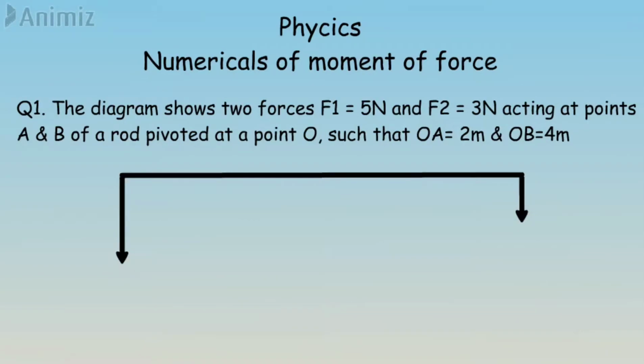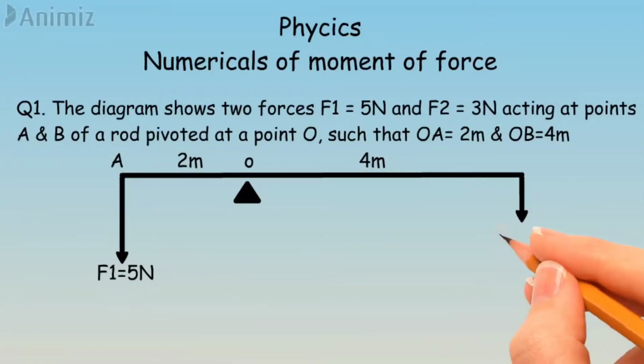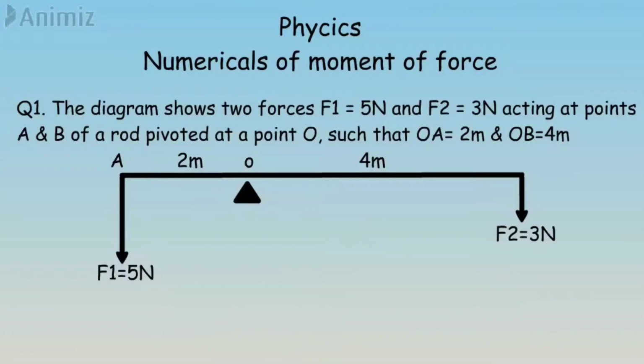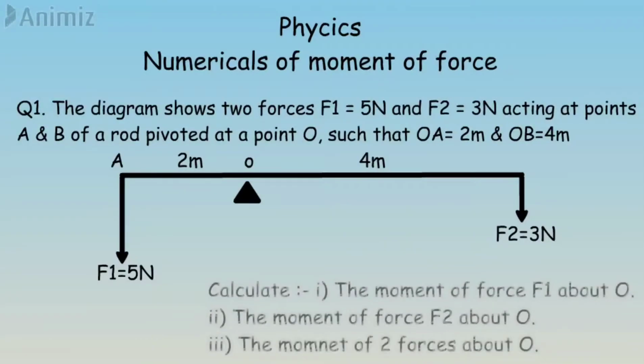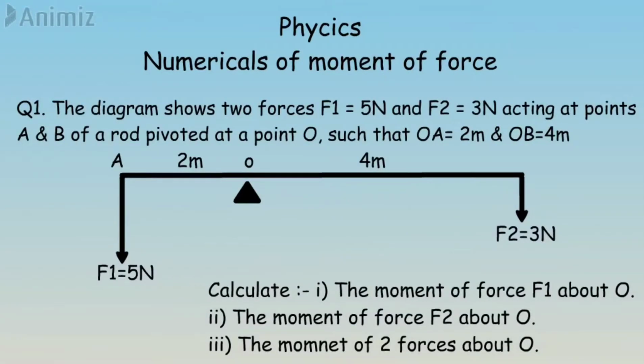Now the diagram is given, let's study the diagram. AB is the rod, on one side the distance is 2 meter, on the other side it is 4 meter, F1 is 5 Newton, F2 is 3 Newton. After the figure they have asked you to calculate the moment of force F1 about O, the moment of force F2 about O, and the moment of the two forces about O, that is the total moment or